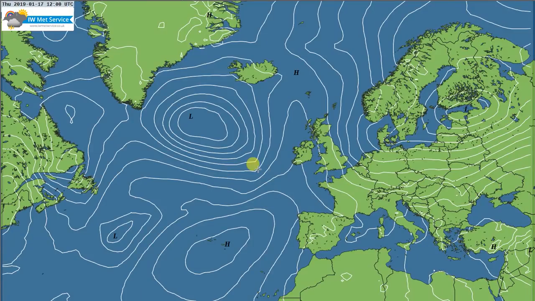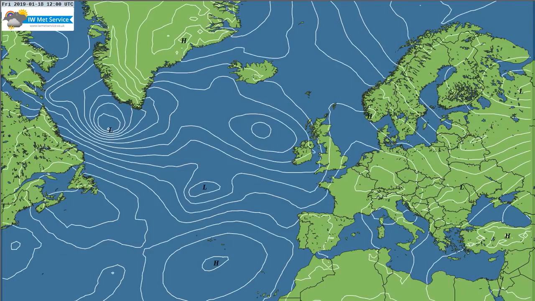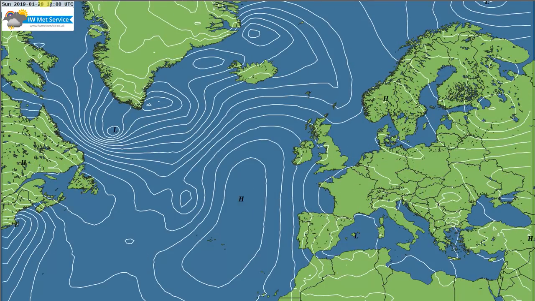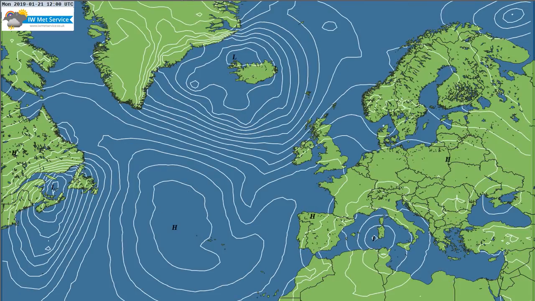So we'll first of all take a quick look at the main European computer model, and you can see here areas of low pressure that we always show you, and just so you can remember that the winds blow anti-clockwise around low pressure and clockwise around high pressure. So as we move through the next few days, and you can see the time and date up the top here, as we move through the next few days,